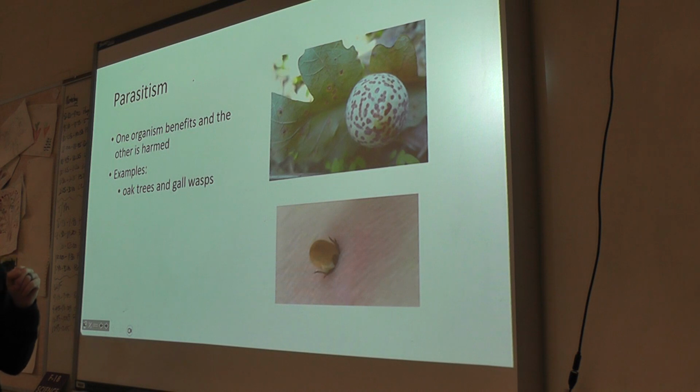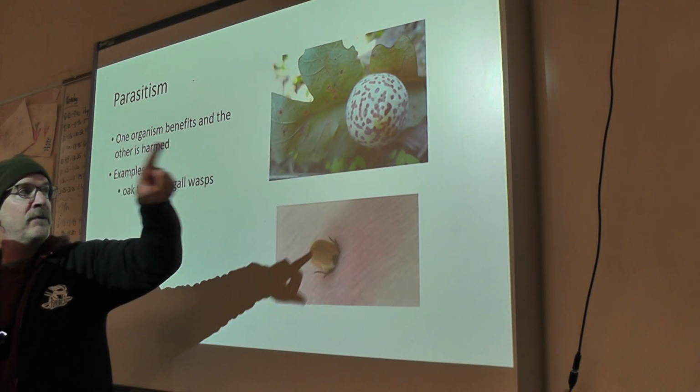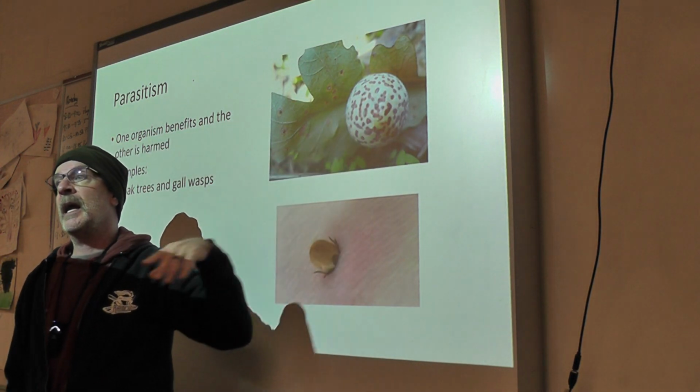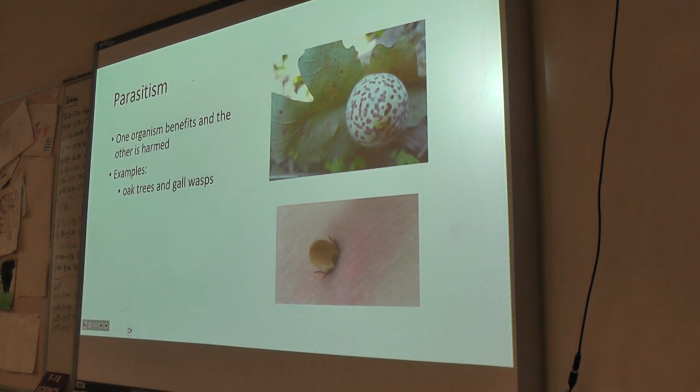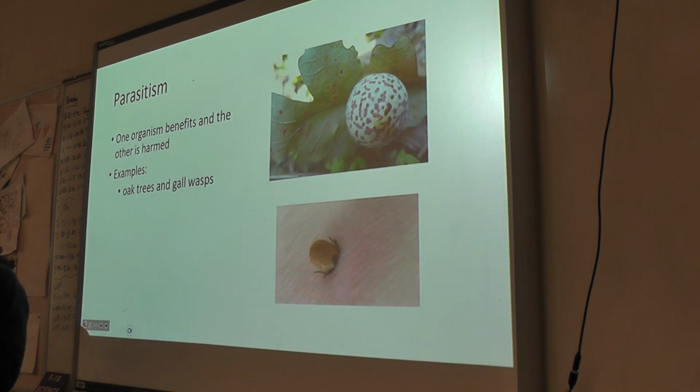Those are called spotted galls, and they are created by the oak tree when a parasitic insect called a gall wasp lays an egg in the leaf. And chemically, that egg secretes stuff that makes the leaf create this structure around it. And inside that structure is a little larvae. And one of the crazy things about these kind of parasitic relationships is there's often secondary or even tertiary